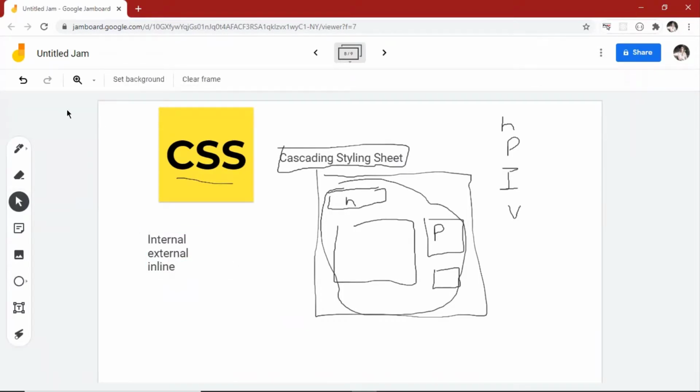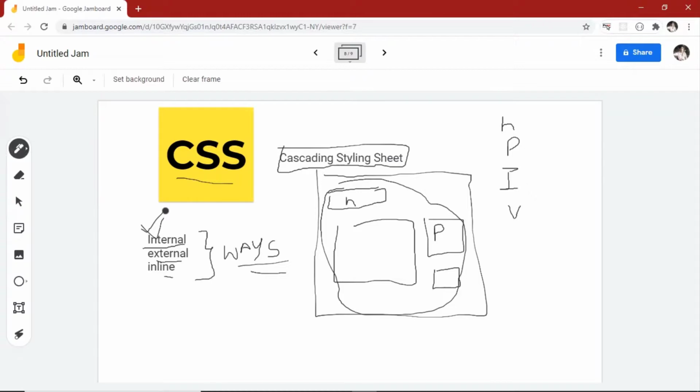So what is it like? Internal, external, all of them are CSS only, but these are the methods or the ways in which you give CSS to your website.